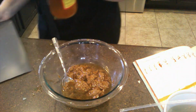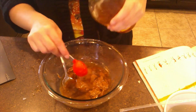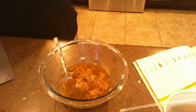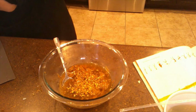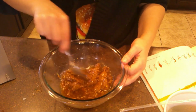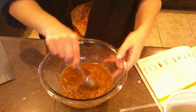Okay, let's go. It doesn't matter what brand you use. It's all disgusting. And then we're going to add in 1 teaspoon of crushed red pepper. And we're going to just stir this, and this is our dressing. So it's going to take me a while to stir this out, but I'm going to go ahead and do this off of camera, and then we'll come back and can go ahead and put the